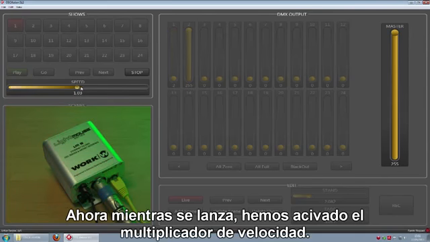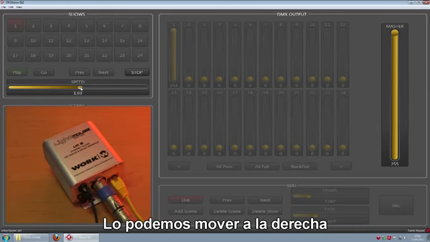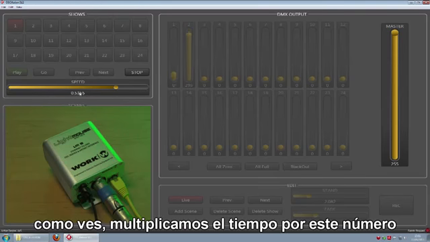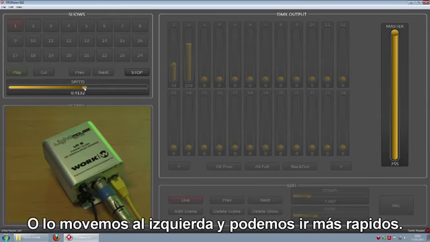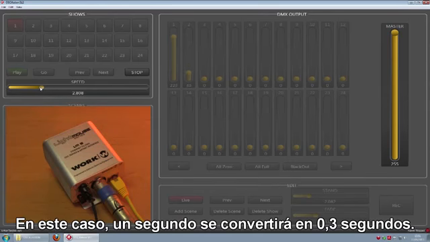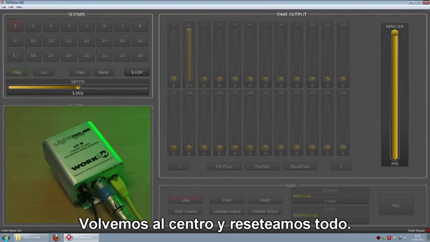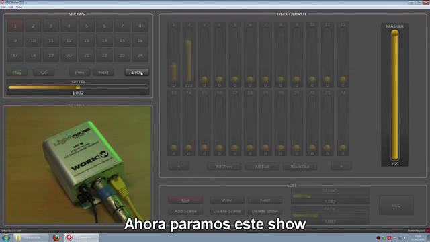Now while we're playing, we've activated the speed multiplier. What we can do is drag this to the right, and the fade times will take longer. As you can see, we multiply by this number here, or if we drag it to the left, we'll speed up and it will become faster. So in this case 1 second would become 1/3 of a second. So we'll put that back to the center and reset everything. Now we can stop that show